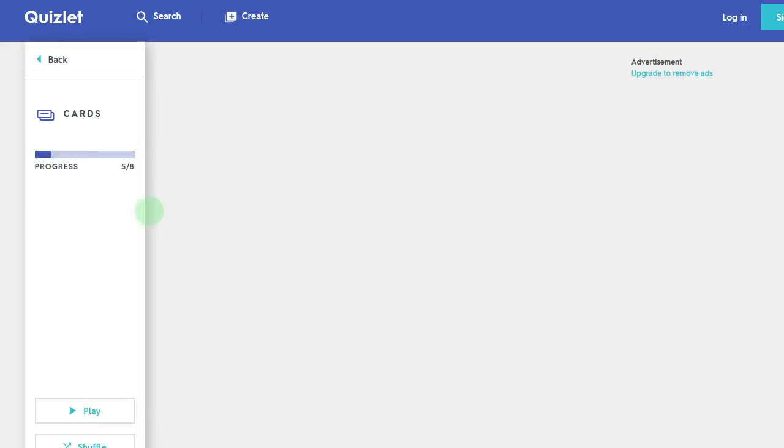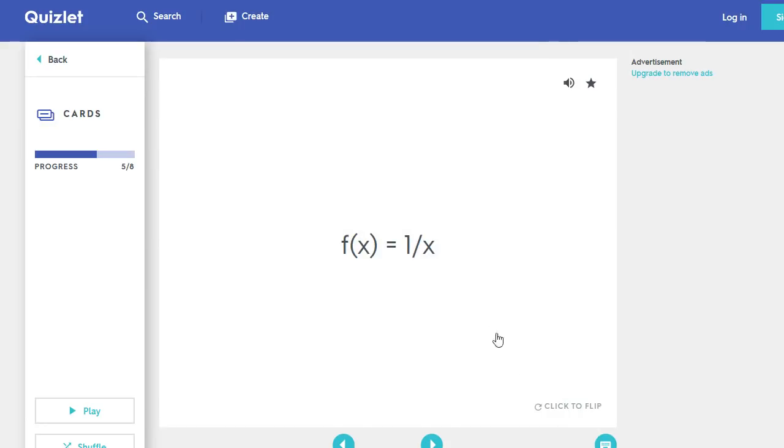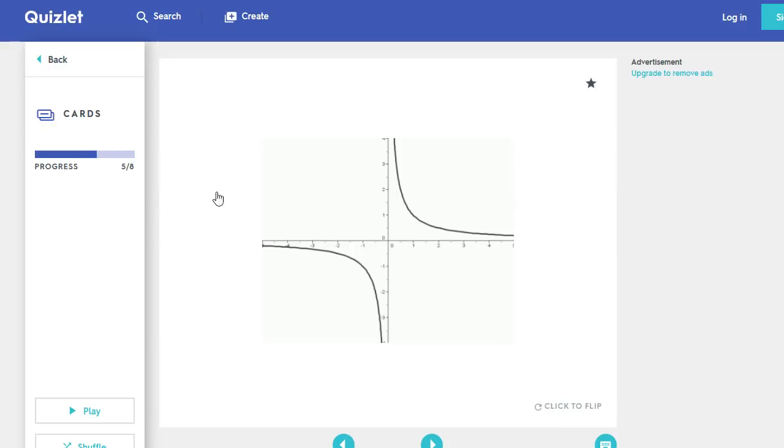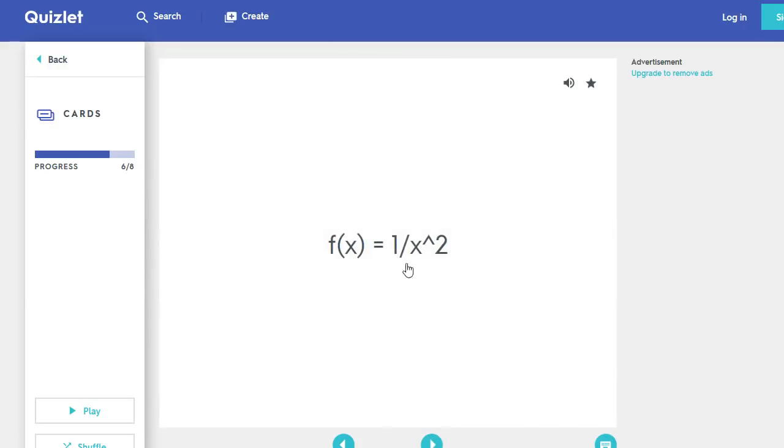This will work well. If you do flashcards, then you'll see a graph and you'll just try to name to yourself, what is this function? Is this 1 over x squared? No, it's 1 over x. Darn it, I was wrong. I thought it was 1 over x squared, but it was 1 over x. Okay, now I remember that one's 1 over x. And then you press this little forward button here to go forward, and then you try to name this graph, and then you might say, oh, I know that one, that's 1 over x. Press it to flip it over, or 1 over x squared, that's what I meant to say, of course, haha. Just testing you, yeah. It's 1 over x squared, and so you can do it that way,